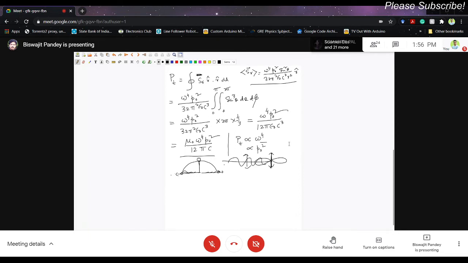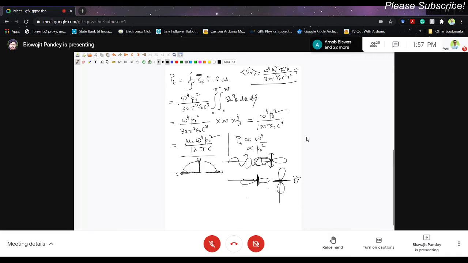And another thing you should remember about this radiation pattern, right? No power is radiated along the axis of the dipole. So if the sunlight is going like this and the dipole is oscillating like this, you get radiation only along this direction. But light may come from another direction as well, so in that case the dipole is oscillating in that direction, right? And the power is radiated along a different direction. If you are looking from here, you will never see the radiation from a dipole which is oscillating like this, right? You only see the radiation from the dipoles which are oscillating like this, right?